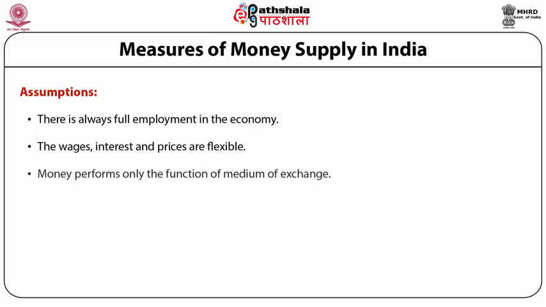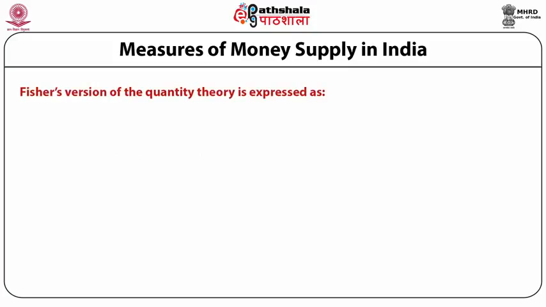Thirdly, money performs only the function of medium of exchange. So the store of value function of money was not accepted by the classical economists. Lastly, no interference by the government in the markets. That is, the markets are free to operate and decide the pricing and output decisions without any hindrance from the government. Fisher's version of the quantity theory is expressed as MV = PT, which is equation 1, where